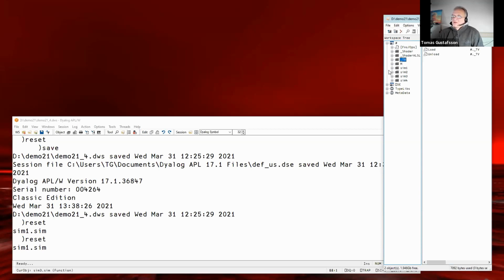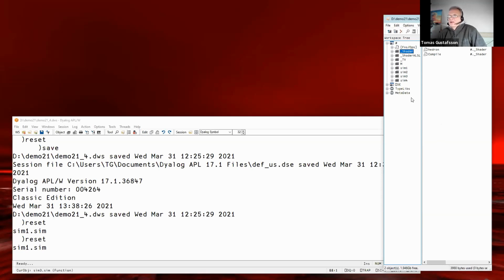And then I have shader namespaces with the code for the GPU shaders. That's a language called High-Level Shading Language, which is a Microsoft thing. It's a C-style language with which you can create programs, shaders, for the graphics card. Those I pre-compile into a namespace called shader. So this is basically what I have.